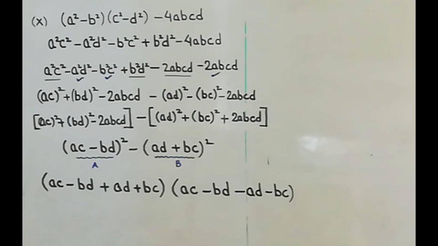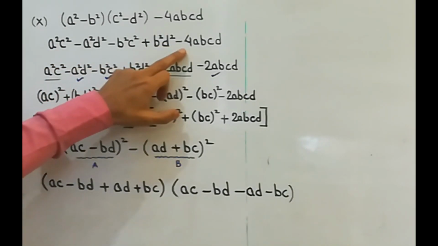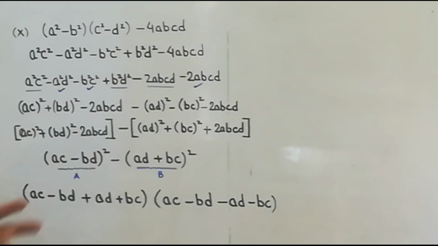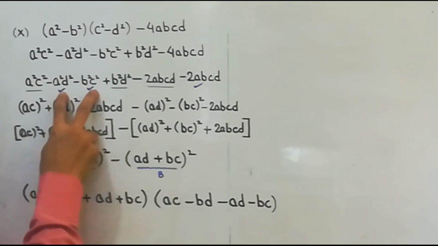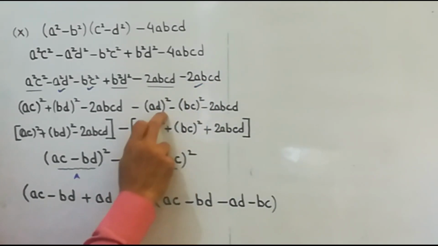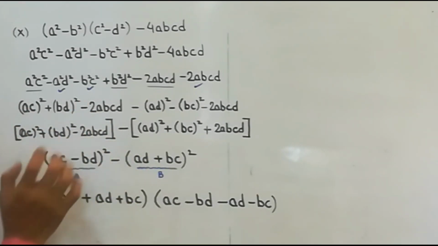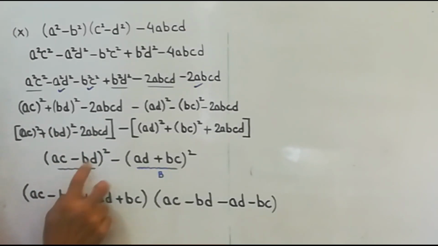What we did in this question, first of all we opened the bracket. This bracket was open. Then this term was divided in two parts, minus 2AB. Next we covered this one. This is square, they are covering ABCD all along with this. This was taken in one group with minus sign common, this was taken in the second group. Now this was giving you A square plus B square minus 2AB, so that can be written as A minus B whole square.